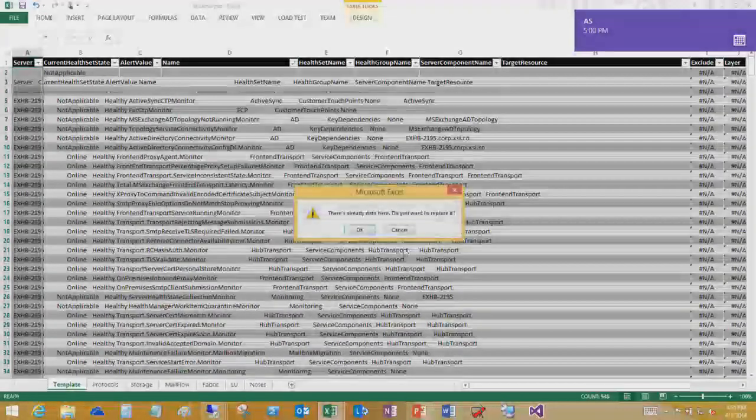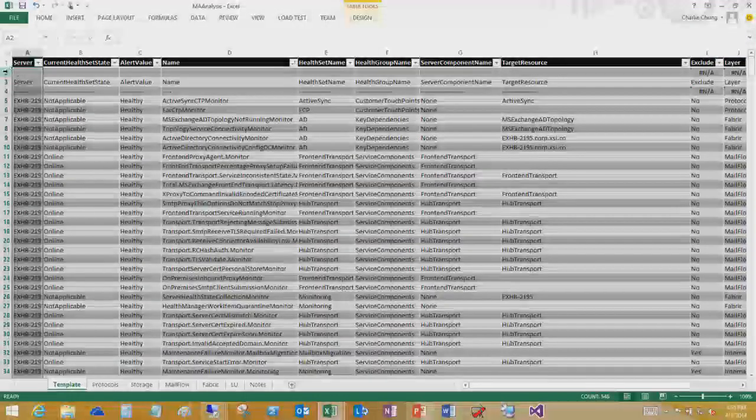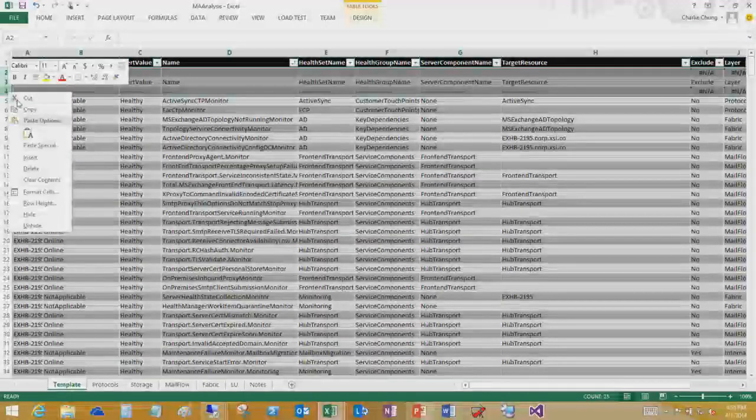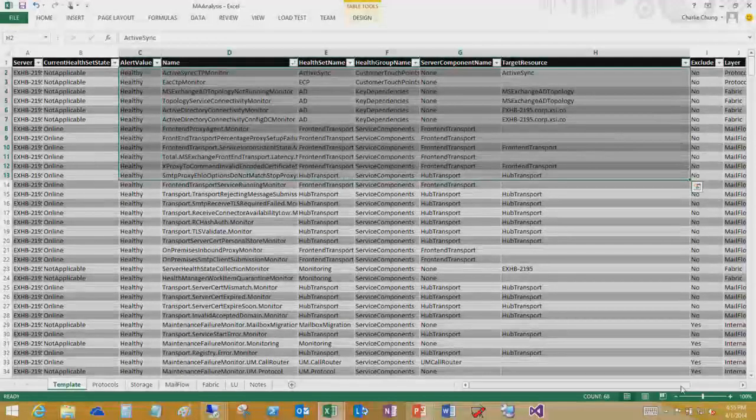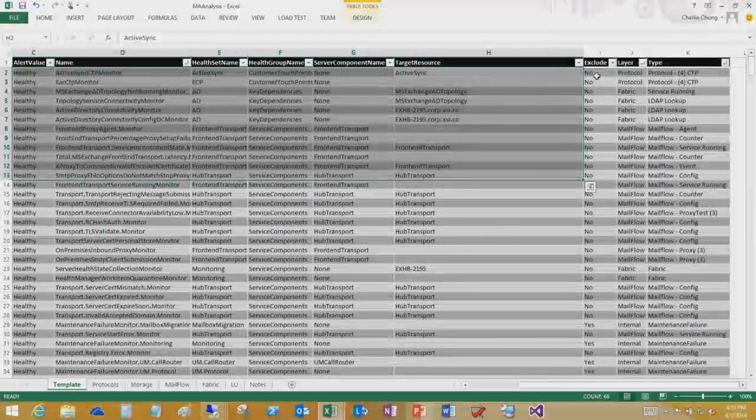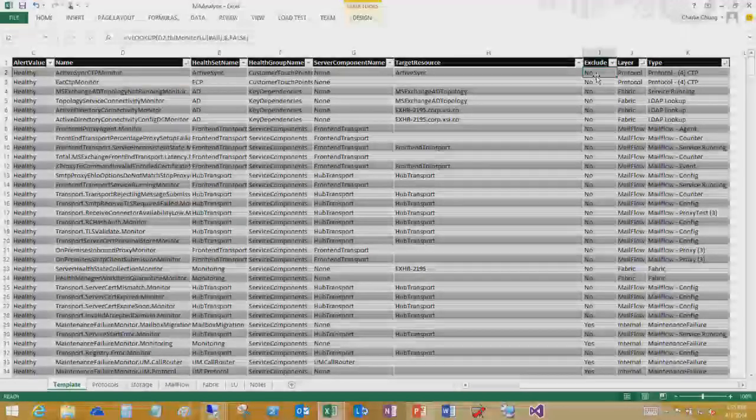Yeah, looks good. Get rid of these. What you'll notice is it filled in. When I pasted the data, I only filled it up to target resource. It actually filled in a couple extra columns for me, whether I should include or exclude this as a real